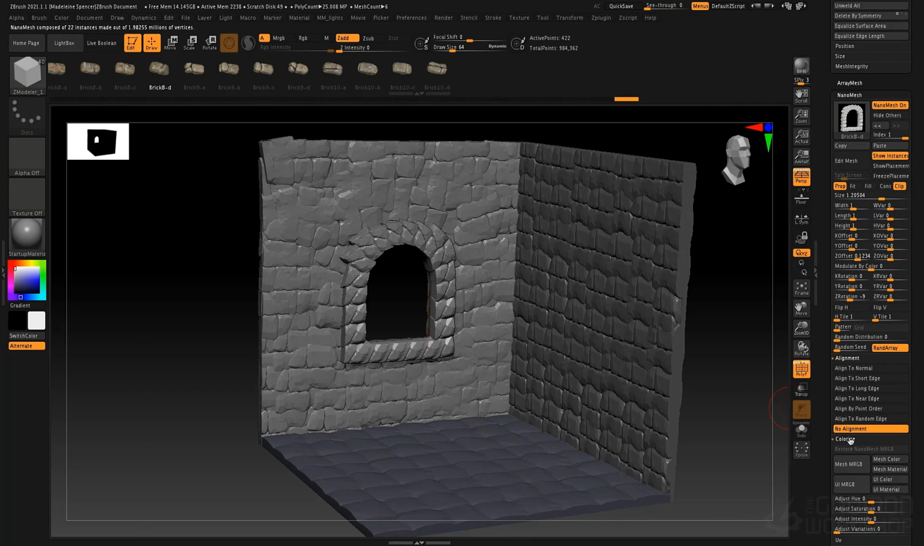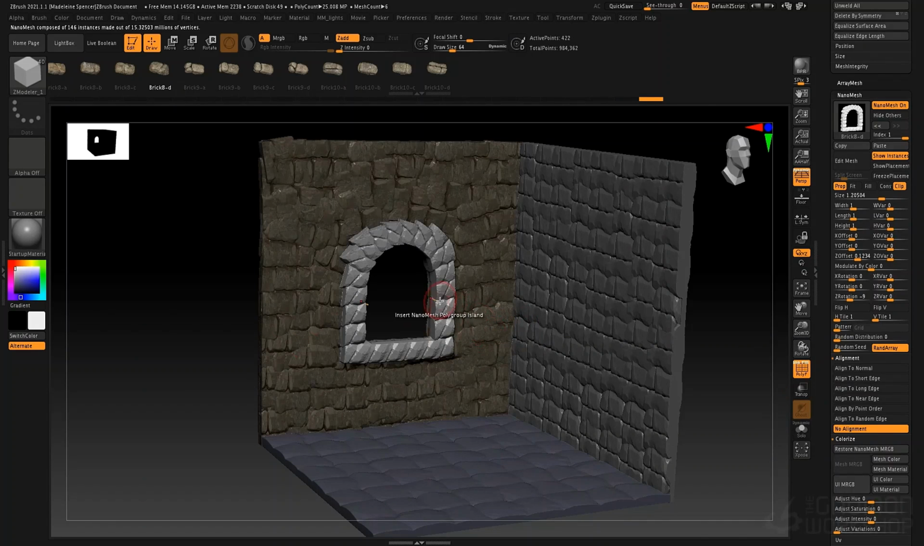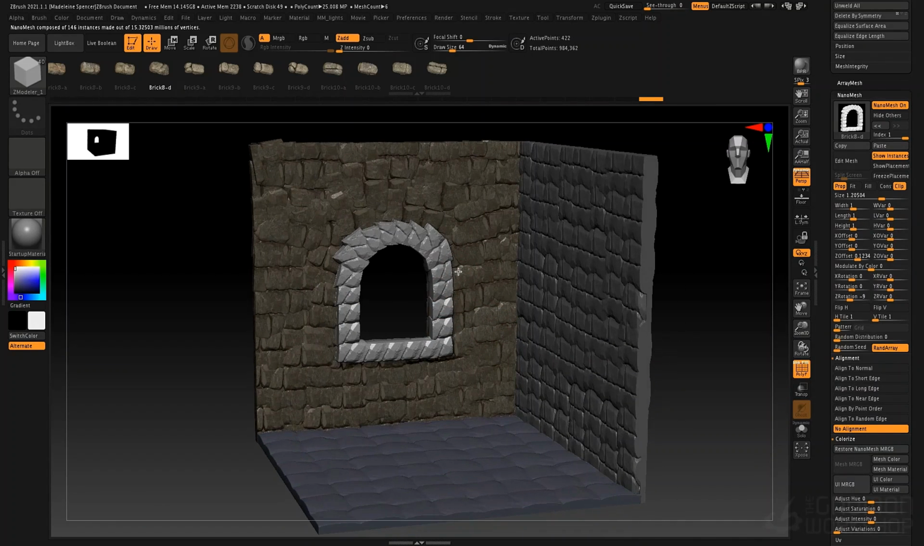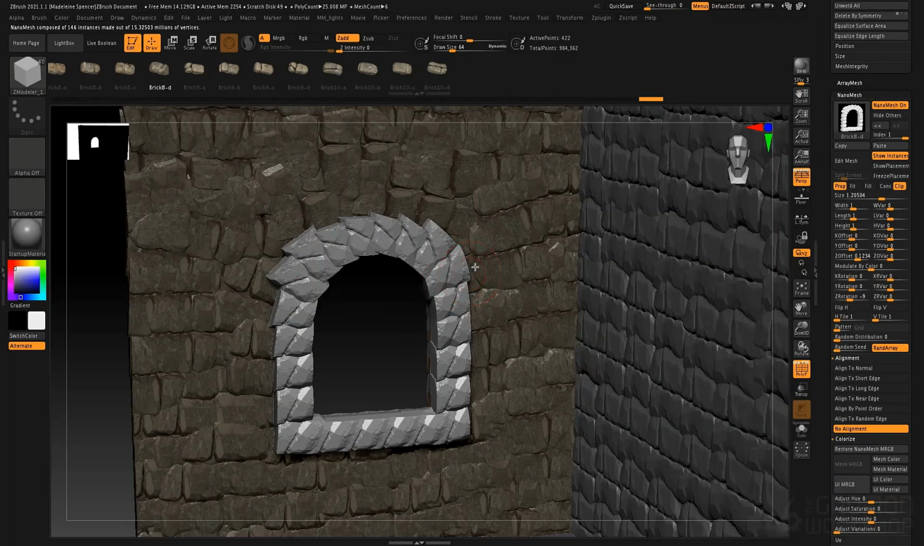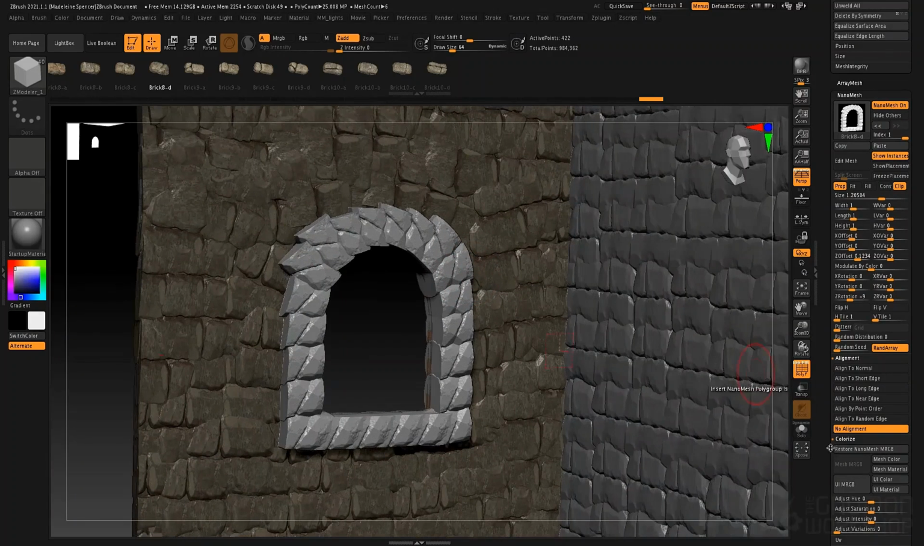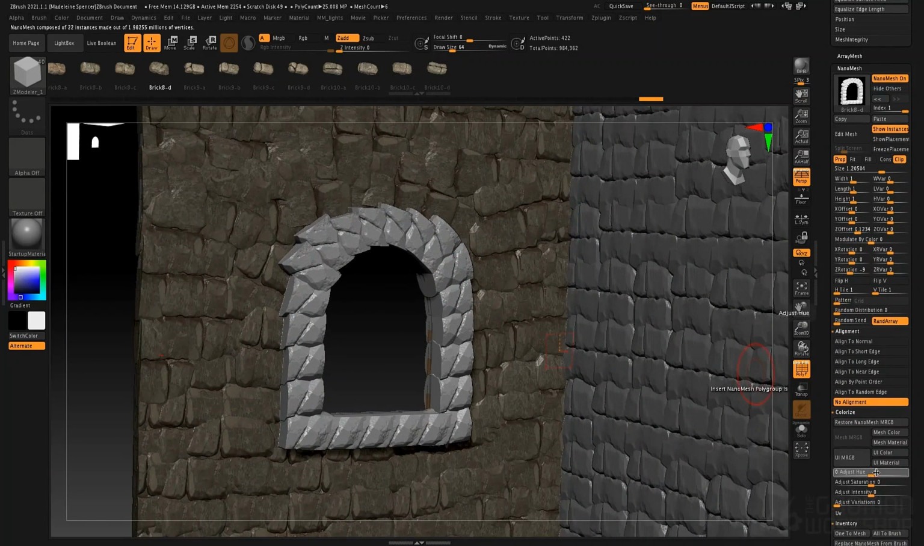We also have colorize, so you can use the base mRGB. You could use the mesh color or the mesh material. You can also adjust the hues and saturation and intensity if you are picking up a color from the model underneath. So if we pick up mesh mRGB, that's picking up the poly paint there. Let's zoom into that so you can actually see it. And then if I scroll down here, I can adjust the hue,